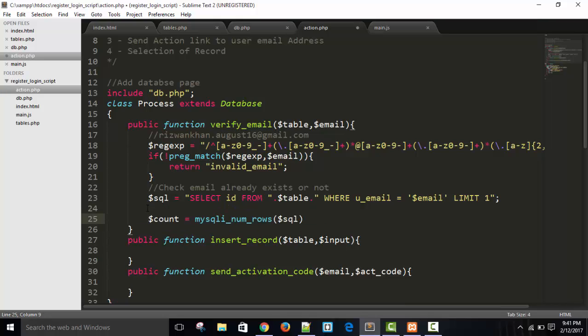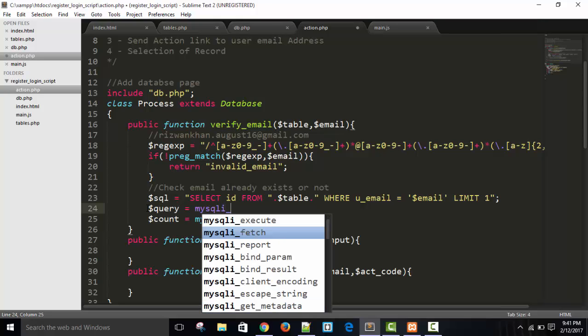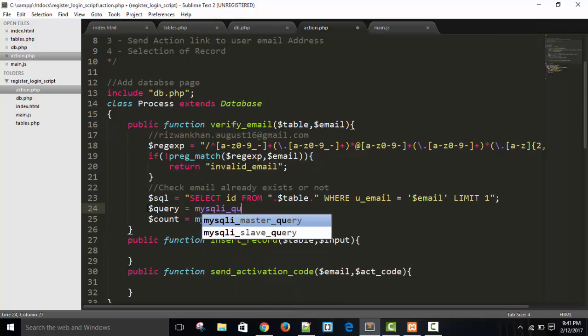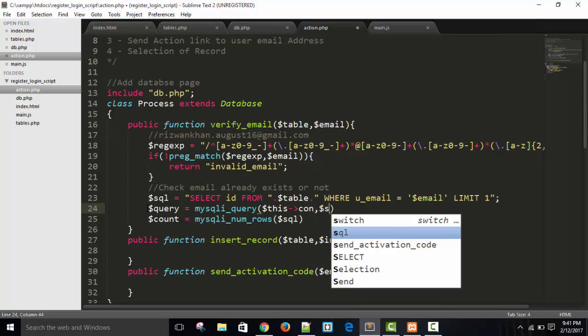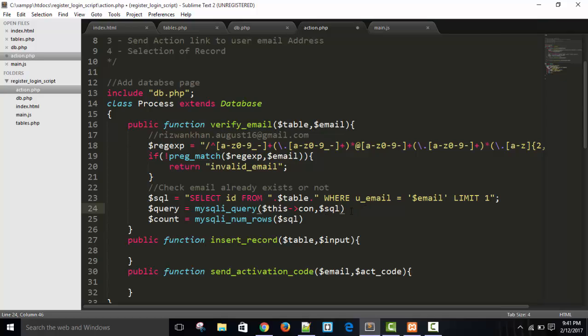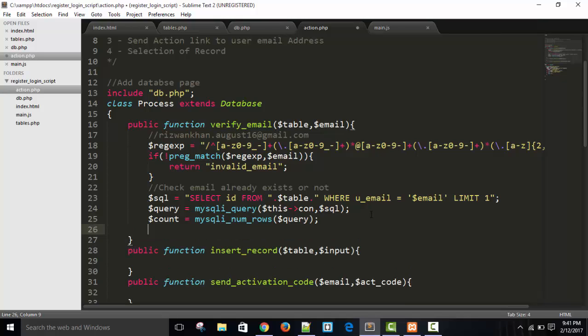Dollar query equals mysqli_query with dollar this arrow connection comma dollar SQL, and now we can write query here, and then it returns the number of rows. If dollar count equals 1,